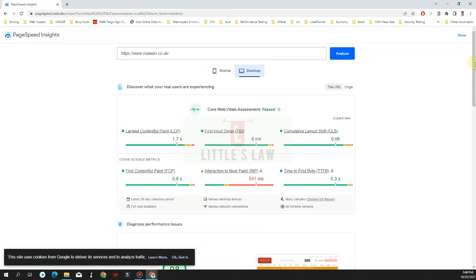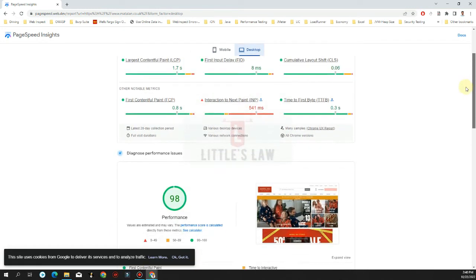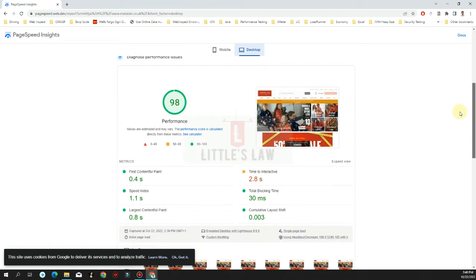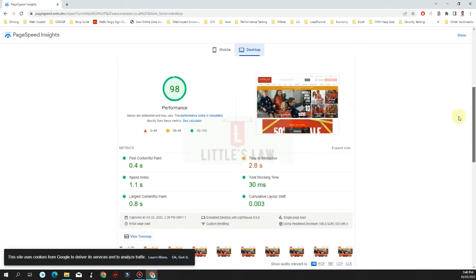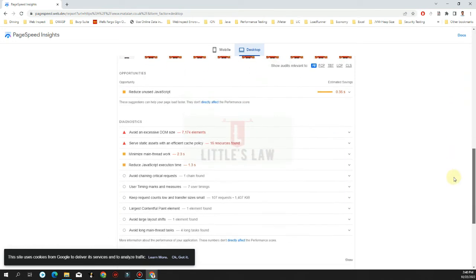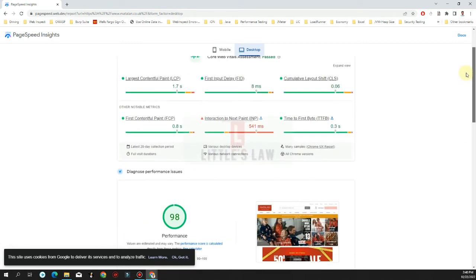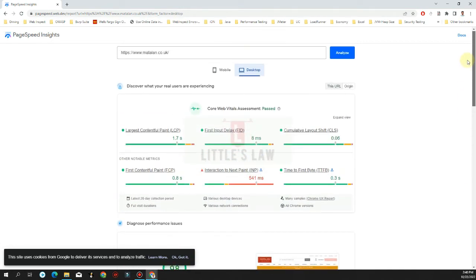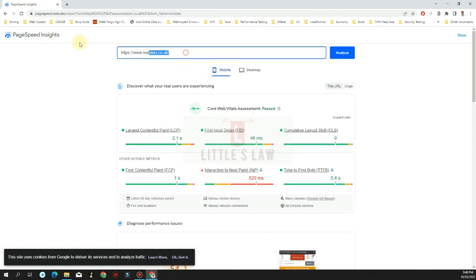Even the desktop version is available here. So the core web vitals assessment has passed, and the performance is a lot quicker when compared to the mobile version. So this shows us that the application works perfectly fine when we use it on desktop rather than on mobile. And then we have the last option, which is the